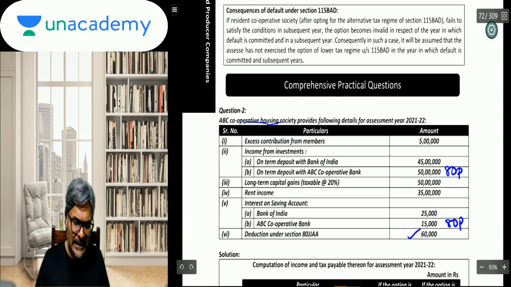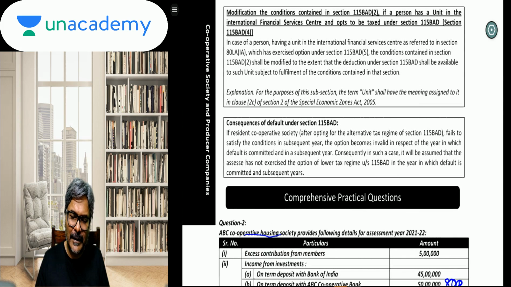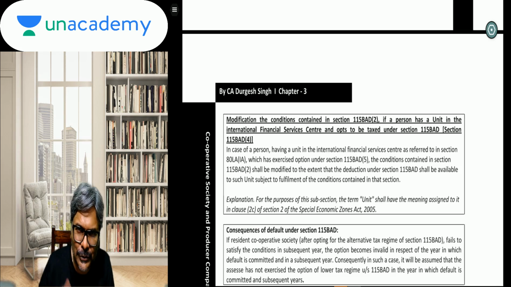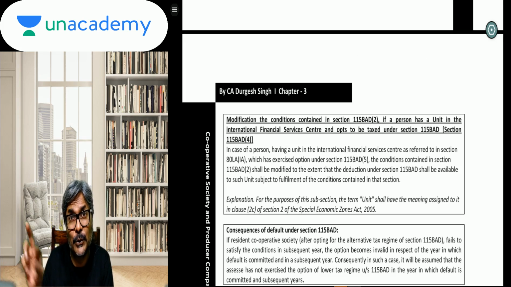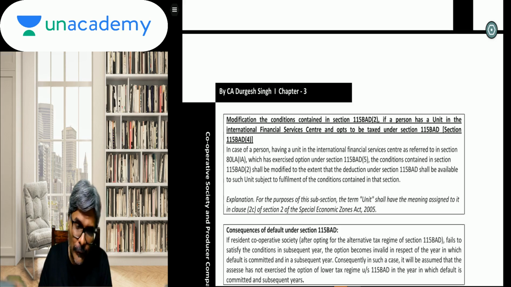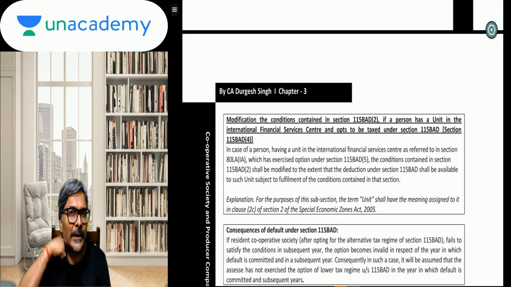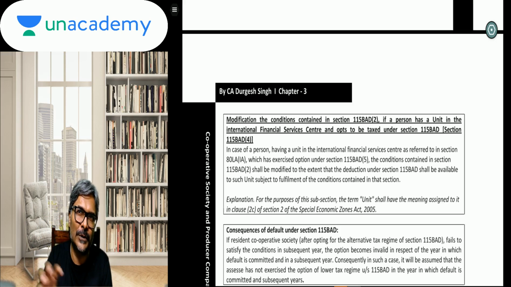So students, we will see these comprehensive questions. Comprehensive question on the company, alternate tax regime for the company. We'll do that. We'll solve some very good questions. Then the third part would be for cooperative society, third video on this alternate tax regime. The fourth video would be for the alternate tax regime for individual and HUF. So that would be the closure so far as the alternate tax regime is concerned. See you then, students, now with the practical problems in the next video.